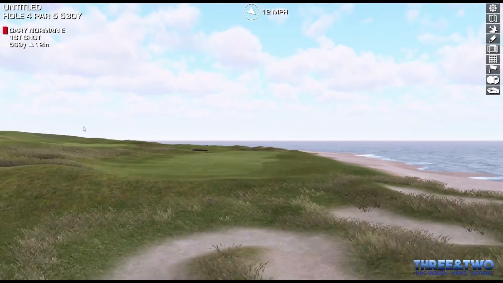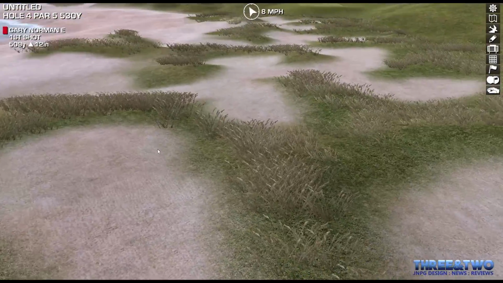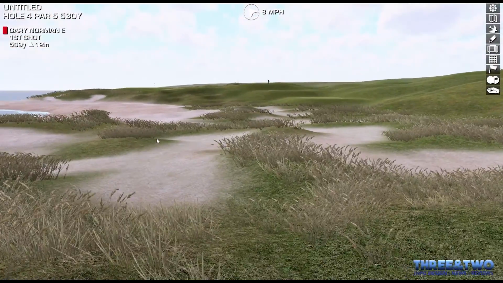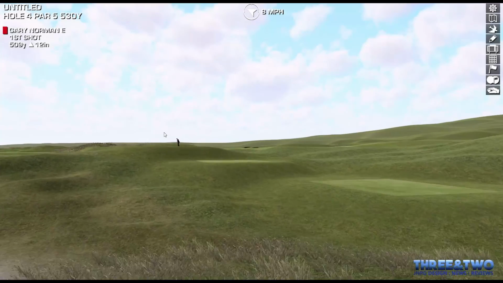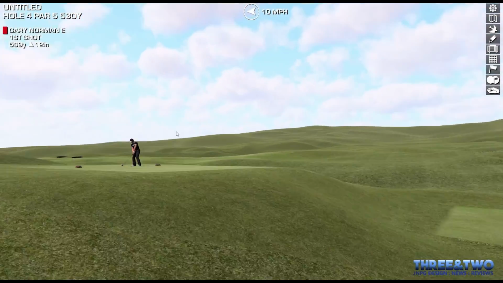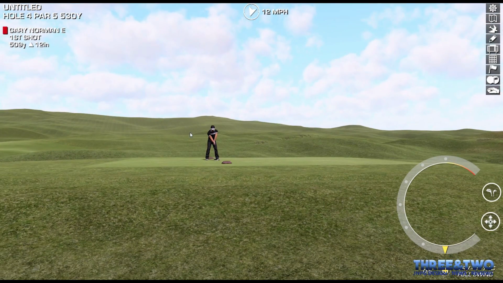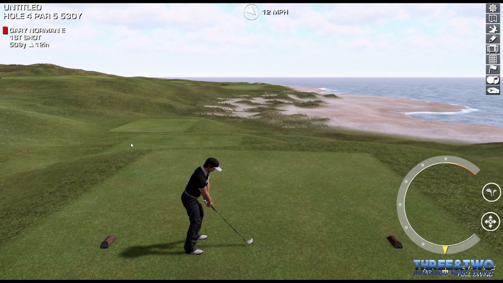So there's still some work to do, but obviously it's just trying to show you how a little bit of work can really improve the look of your course. So yeah, that's me done for this one. And what I'll be doing in the next one, I would think, is putting in a walkway and maybe